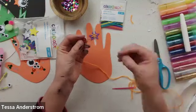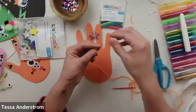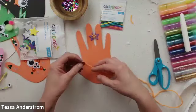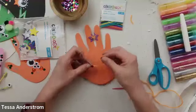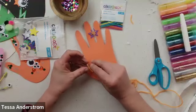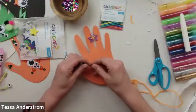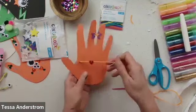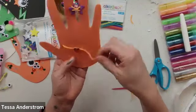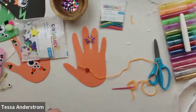and we're going to stick a couple together. So if I take two of these, peeled off the back of two different little hearts, and put one on the front of my yarn, and then take the other one and line it up to sandwich the yarn in between the two. Makes almost like a little bead then. You could also add beads if you wanted to, but we can also add some